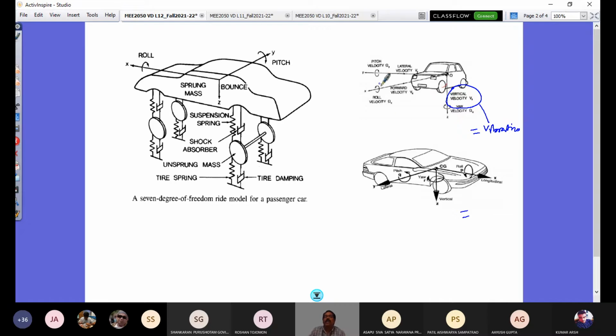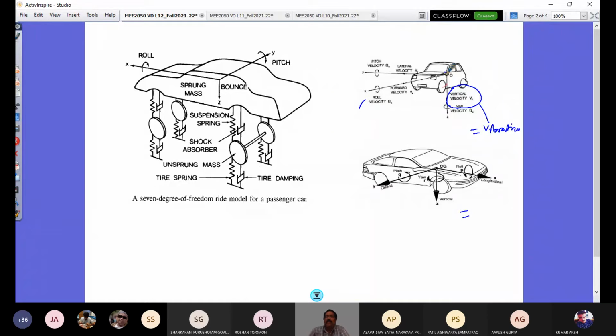And of course, you have three rotational motions. One is roll velocity. The roll is otherwise also sometimes called tramp. So if this is your forward direction, your vehicle will roll in this direction, which is roll velocity. And if this is an oscillation, it's a roll oscillation. If the same happens with respect to the lateral axis, then it is called the pitch oscillation. And if the same happens with respect to the top view, if your vehicle is vibrating like that, then it is